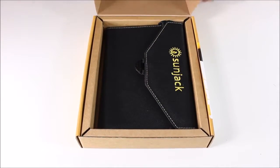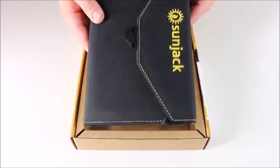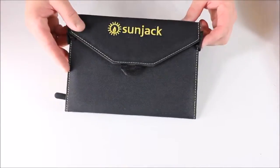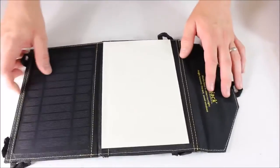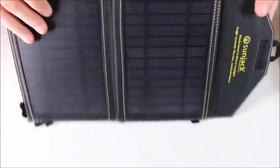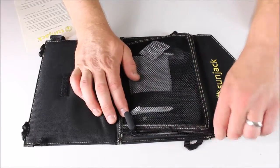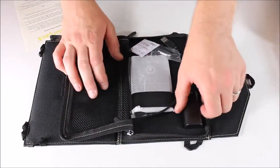Now I have cut it open earlier just to make it an easier process, but as you can see, here's the actual charger. Get the box out of the way for a moment. So that's what that looks like. Hook and loop closure. Opens up like so. Here's some instructions. Let's just check out. Here we go. On the back in this little zipper section, open this up, and in it we have